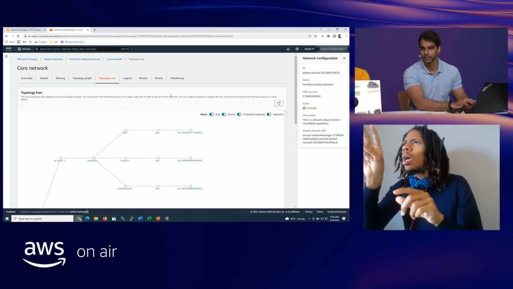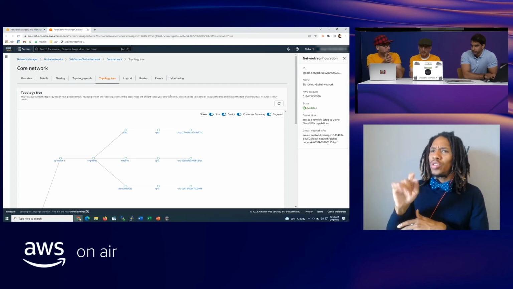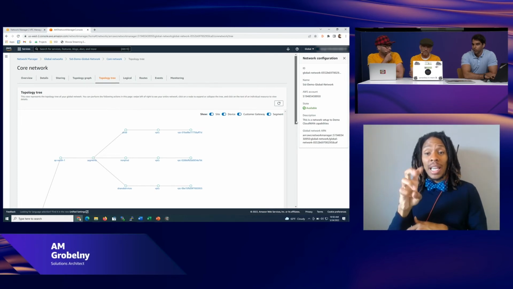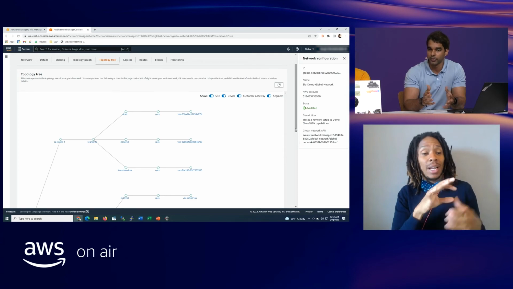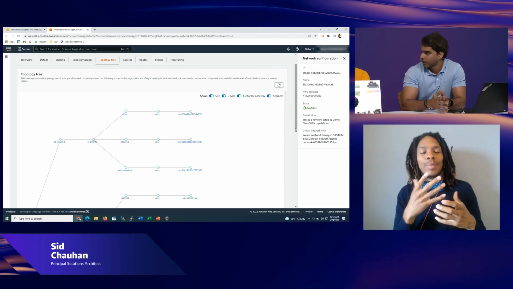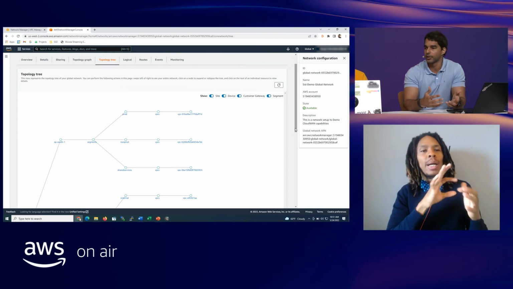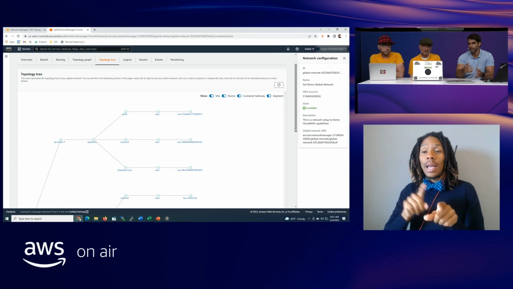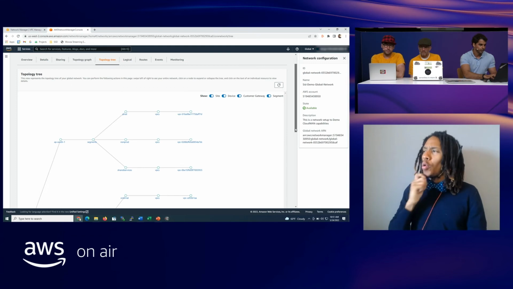Can I ask real quick too? I saw on the other page, transit gateway. So is it able to detect transit gateway peering and add those in as well? Exactly. At the moment, transit gateway connectivity into your Cloud WAN network is not supported, but that's something which I've already mentioned is going to be supported at GA, which is expected later this summer. Wonderful. So you will be able to connect your transit gateways to Cloud WAN, and the visualization you see here, you see VPCs, you'll be able to see transit gateways in here as well. Very cool. Perfect.